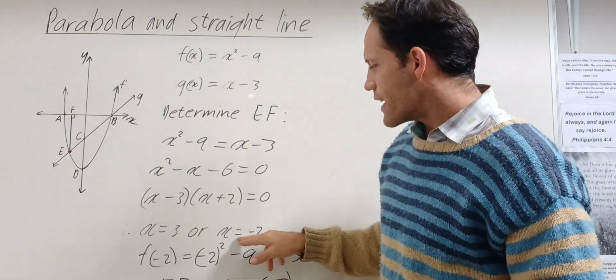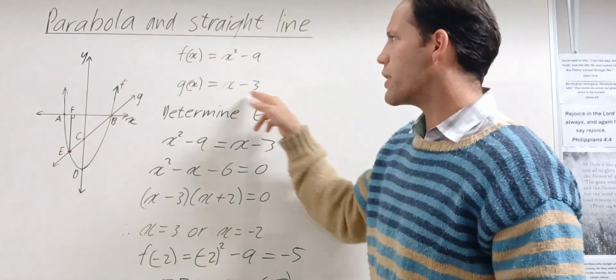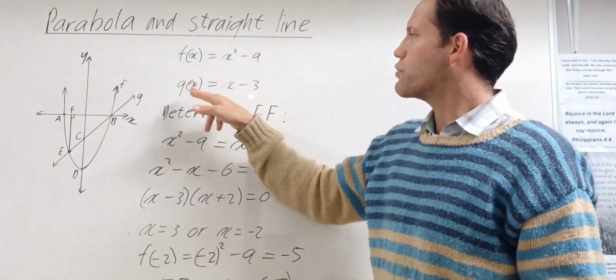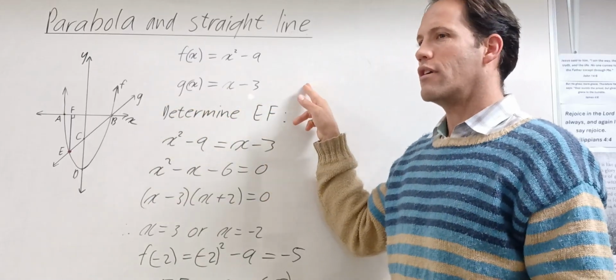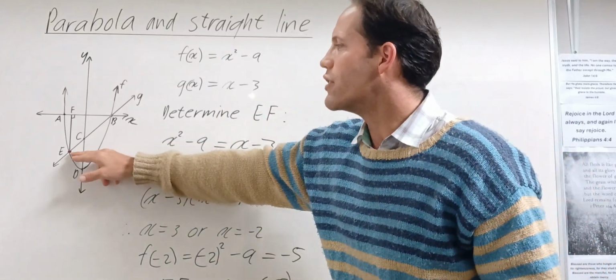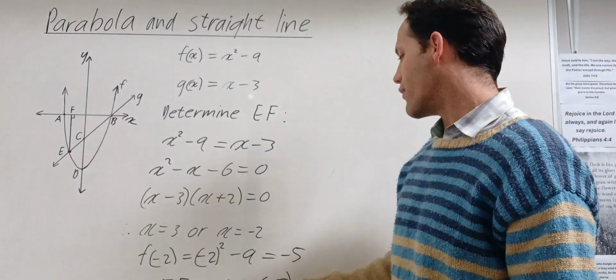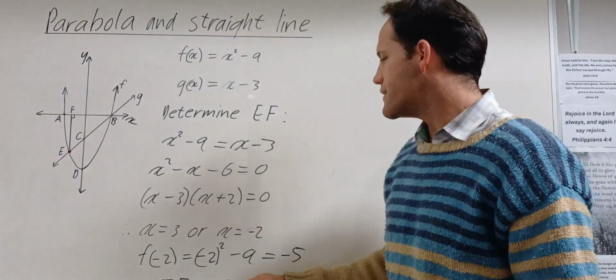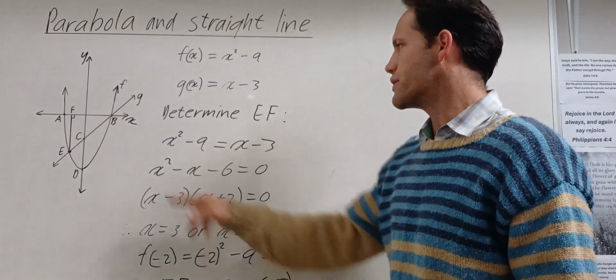Okay? Let me just explain the last part again. Take the negative 2, your x value, put it into the graph. Any one of the two, if you put it in here, it would have been G negative 2, which is negative 2 minus 3, which is also negative 5. Or you can put it in here, get negative 5. So you know the y value, because you put your input value negative 2 in, you got the output value negative 5 out. And then 0 minus negative 5 gives you 5 units. So EF is 5 units.